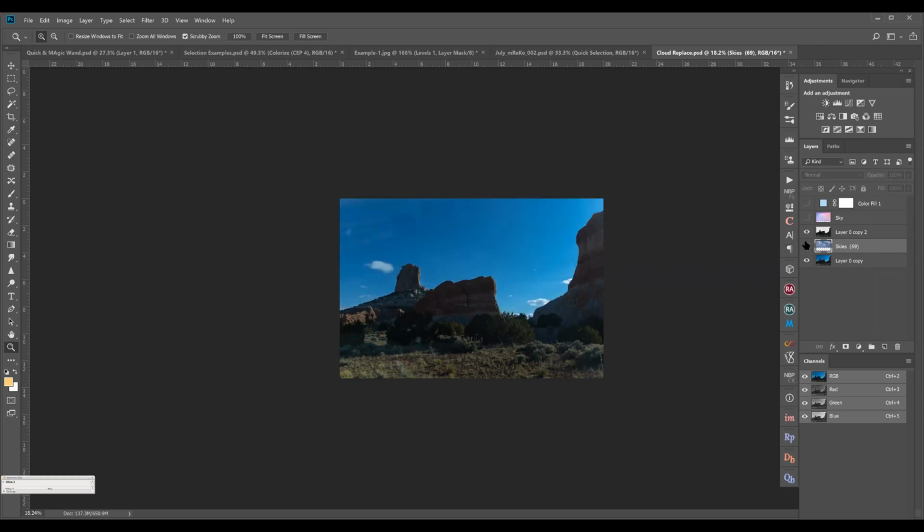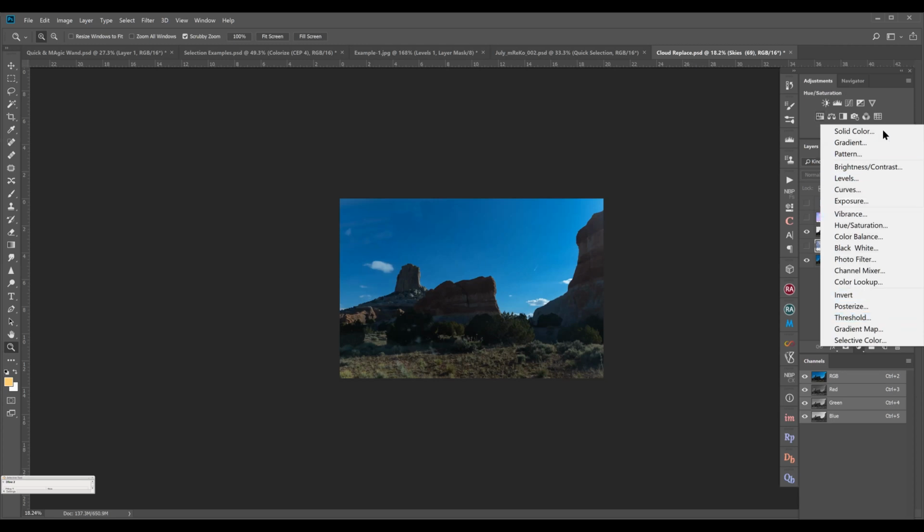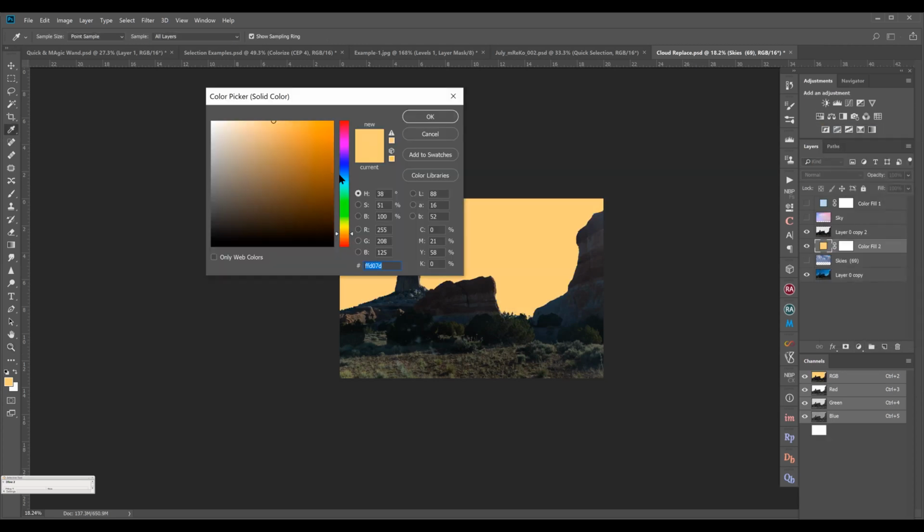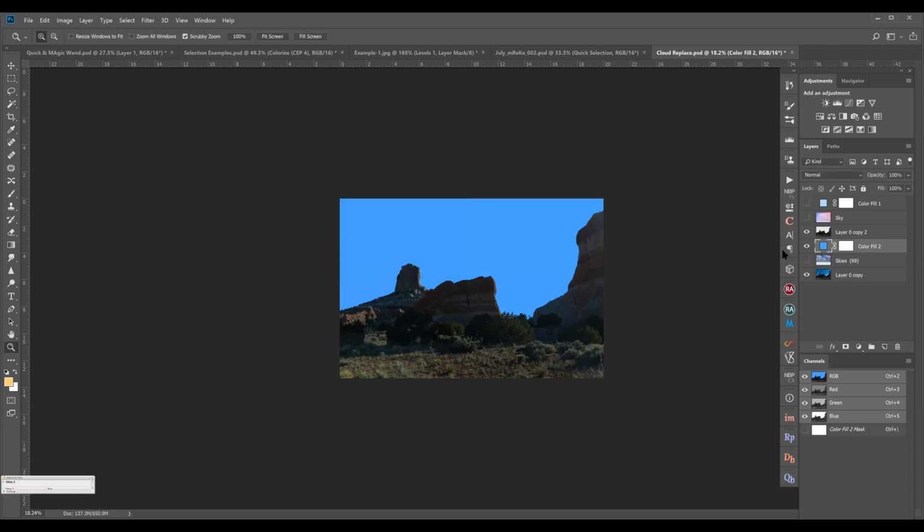If I'm not using a sky and I want the sky to be completely blue, I can just add a solid color and pick a fairly blue sky. So I just change the color of the sky by having a selection.